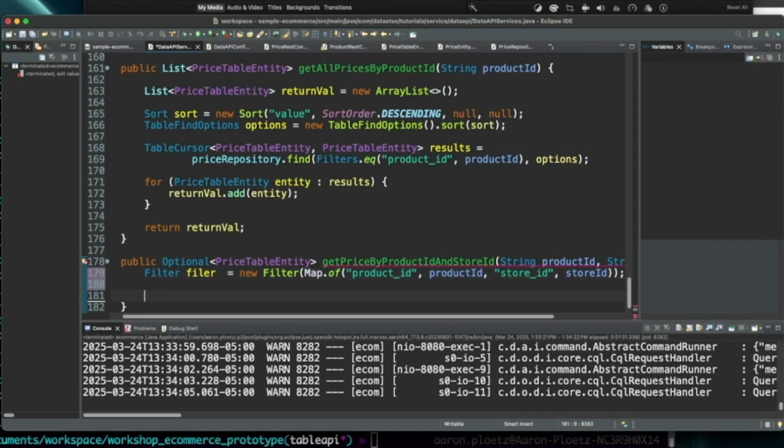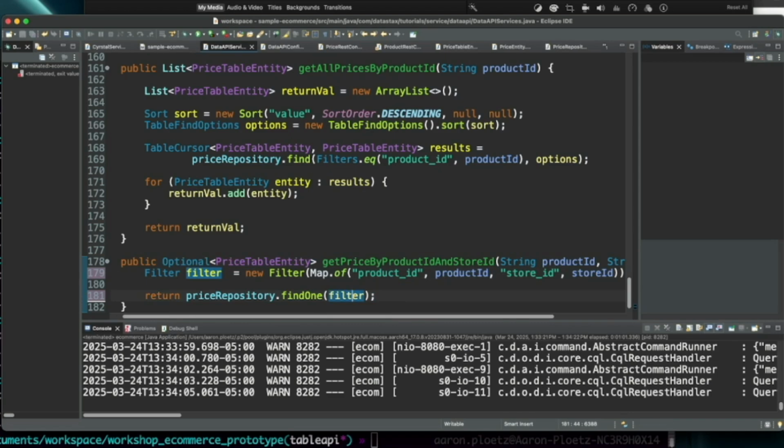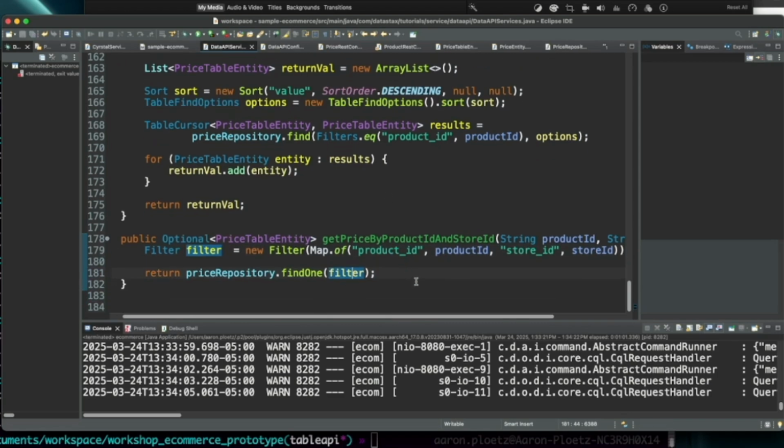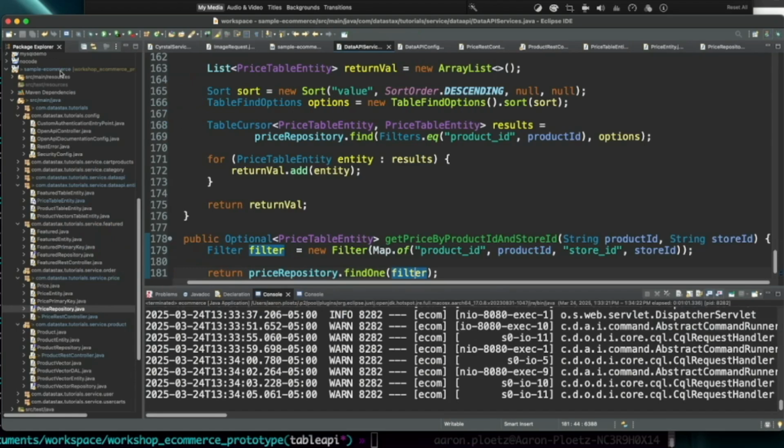And now we can say return, yeah, price repository, find one. Oh, and let's make that filter and save that. And that should be okay. All right.